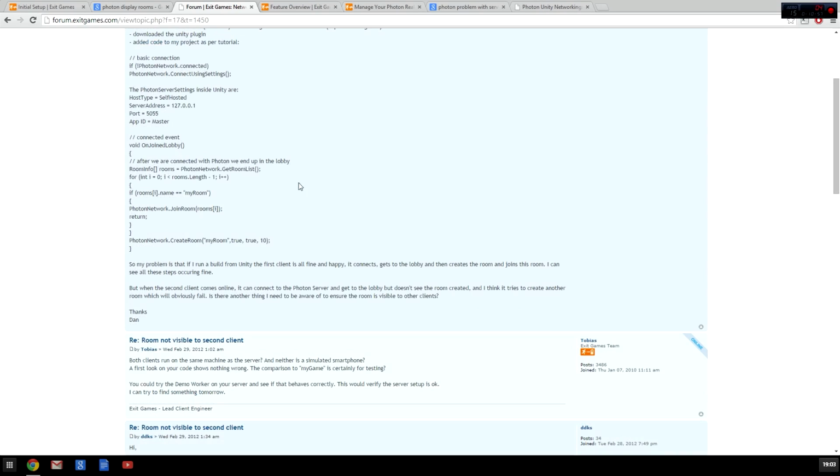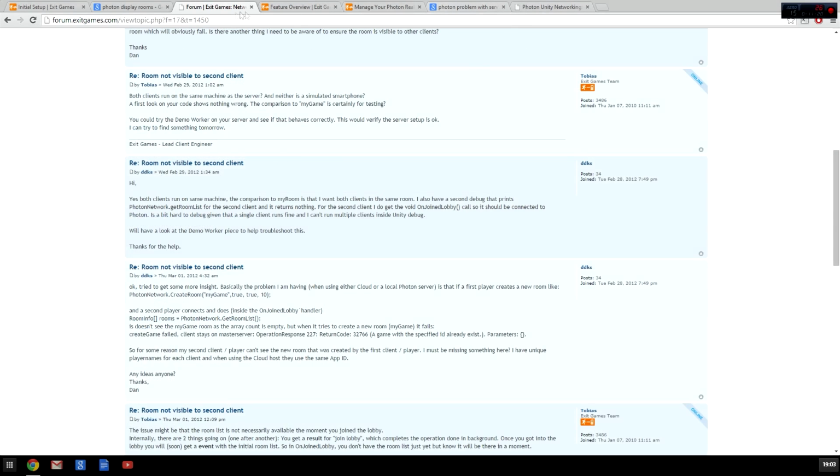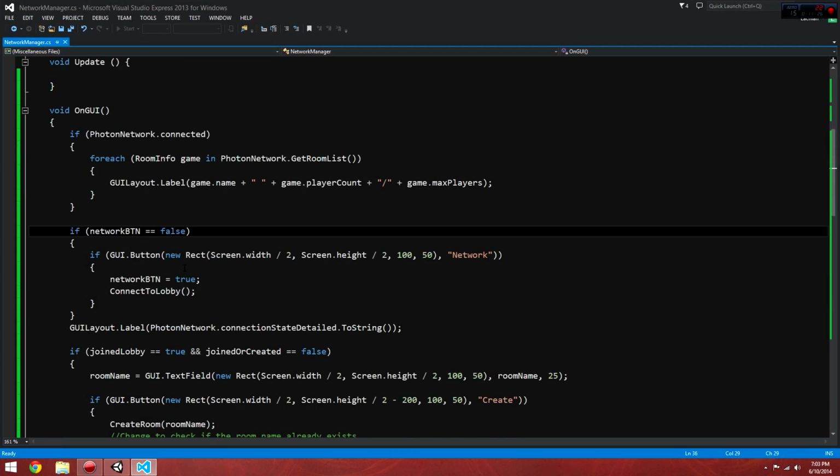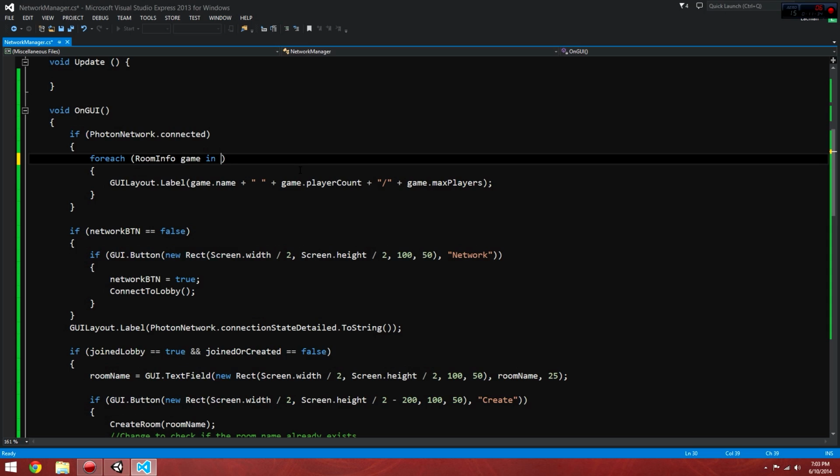In the lobby, info rooms equals... I'm trying rooms.length if room's name equals my room. Okay, that's not what we're doing, but that sort of works. Let's call a thing called control X, and we'll just create a variable called rooms, and we're going to create